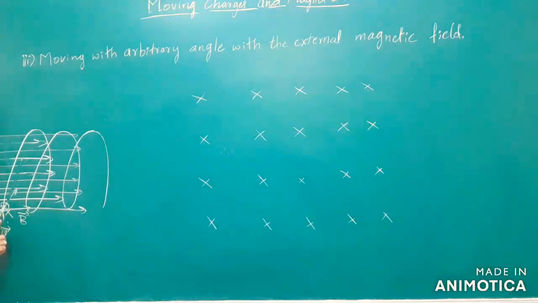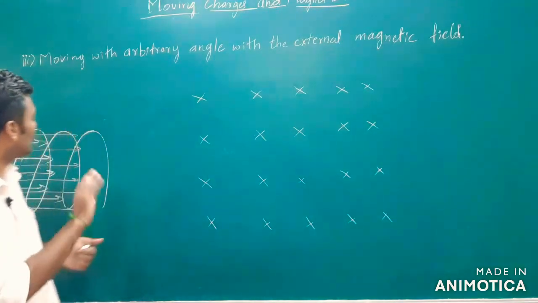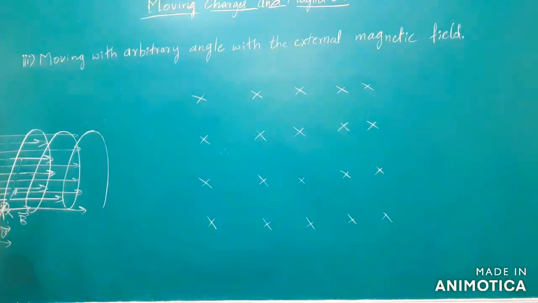Why is it so? The perpendicular component of the velocity is helping for the circular trace, so that it comes back in the path, and the horizontal component of the velocity is helping the body to move horizontally at the same time. Following? A bit difficult to imagine, but you have to imagine, okay? Then only you can get the clarity. Or else memorize it, okay? It's a simple point, there is not much math in it.